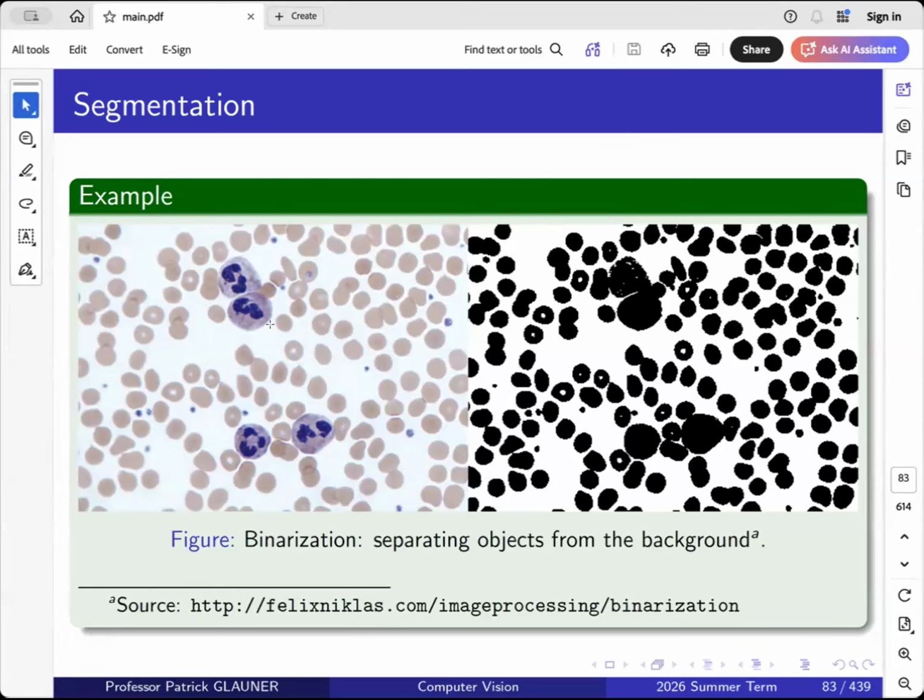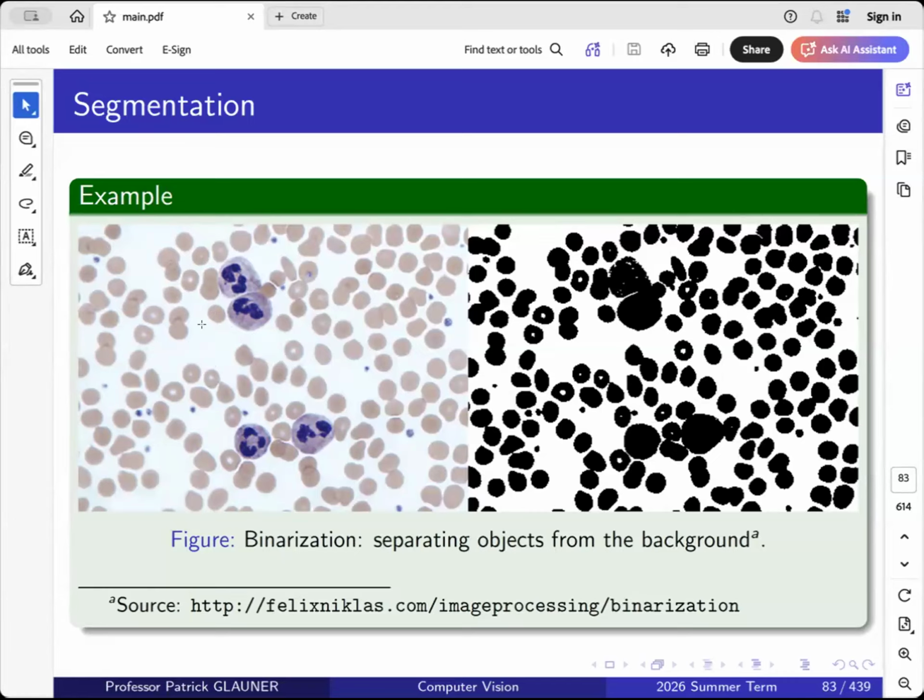First of all, I would take this RGB image and convert it to grayscale. And we've seen this last week, how we can do this. So for each pixel, we add up the R, G and B values and divide that sum by 3. Then we have a grayscale value. Now, this image would be converted to grayscale, and then we would need to find some threshold because the background